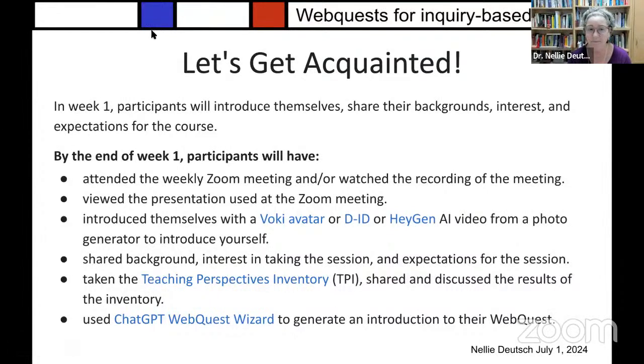By the way, have you tried ChatGPT 4.0? Let me know in the chat. ChatGPT 4.0. It's completely free. Do not use 3.5 because you won't be able to get all the plugins. And I think that they have covered all countries. I know they were limiting it to some countries, but I think no, it's not paid. It's completely free. And that's where you'll be able to find ChatGPT WebQuest Wizard, and you'll be able to explore